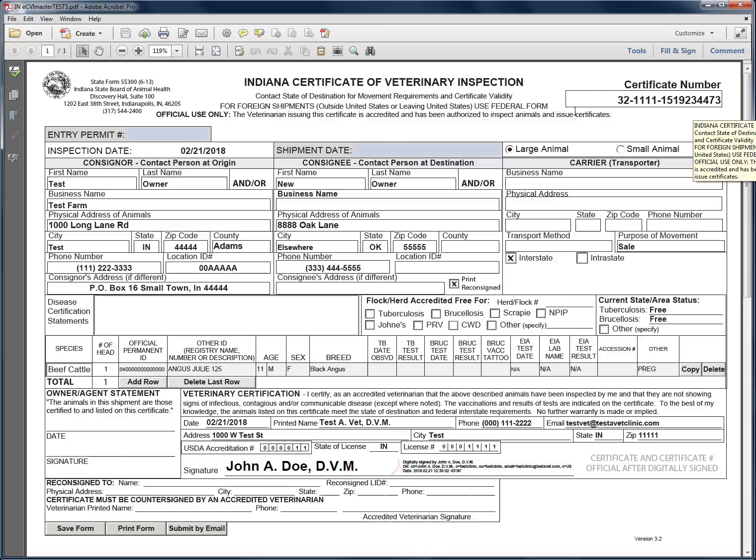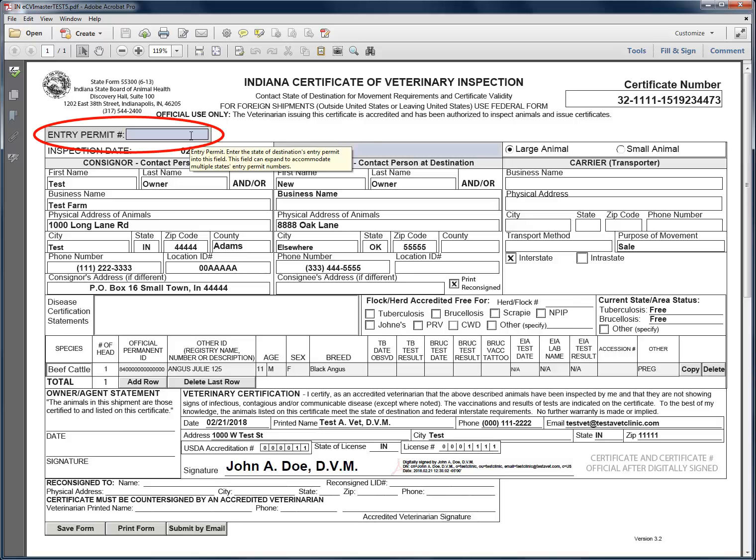If you need to create a permit for the animal, if you have a completed certificate number and you contact the state of destination, they will ask you for the certificate number, and then they will often ask you for some information about the animal, and then they'll give you an entry permit number. The only fields that can be modified after the certificate has been signed and sealed are the entry permit number, which you will type here,